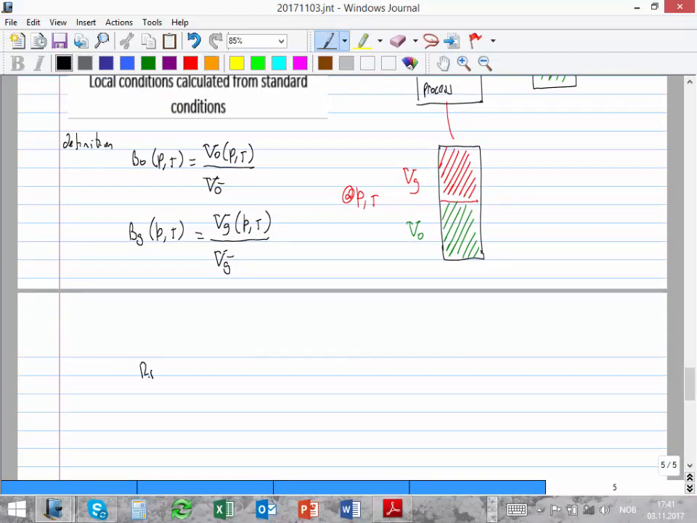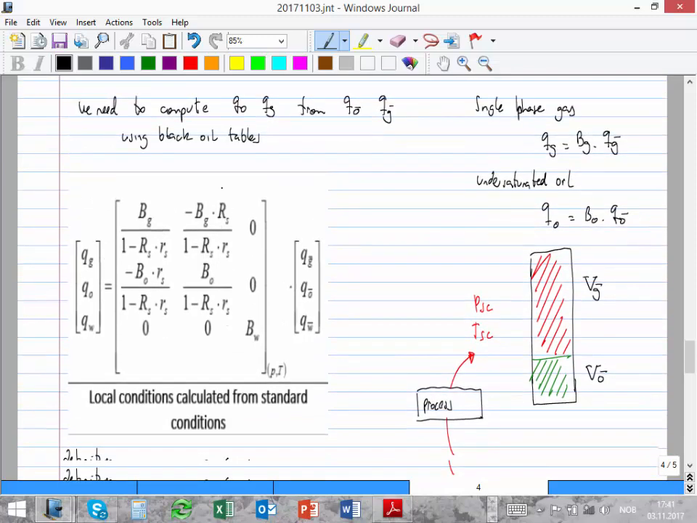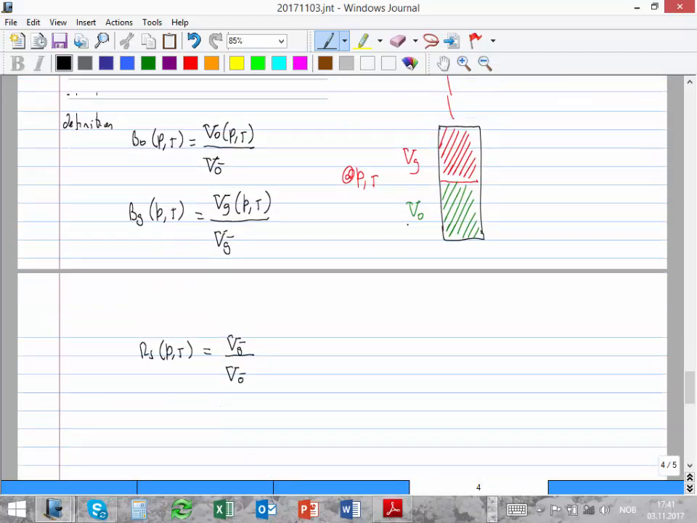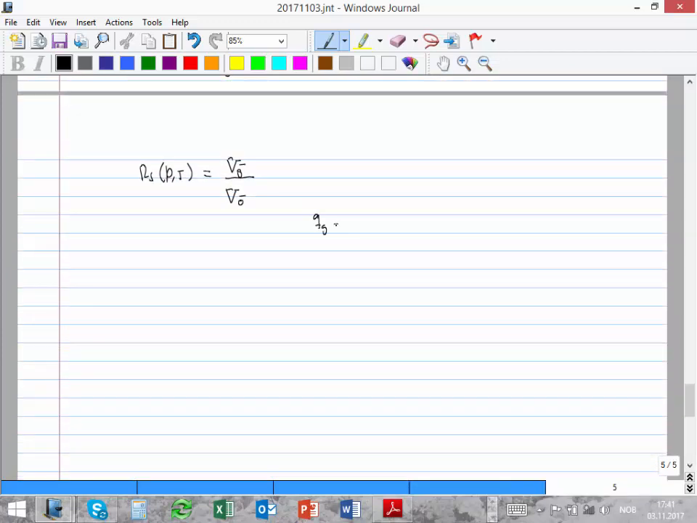Okay, and Rs is equal to volume of gas at standard conditions divided by volume of oil at standard conditions. Those are the three that we're going to use, and you see here we have a small rs. We're going to assume that small rs is equal to 0, for now, for this development. So we don't care about rs. We don't make any distinction. These are the three variables that we have, and the matrix is simplified to